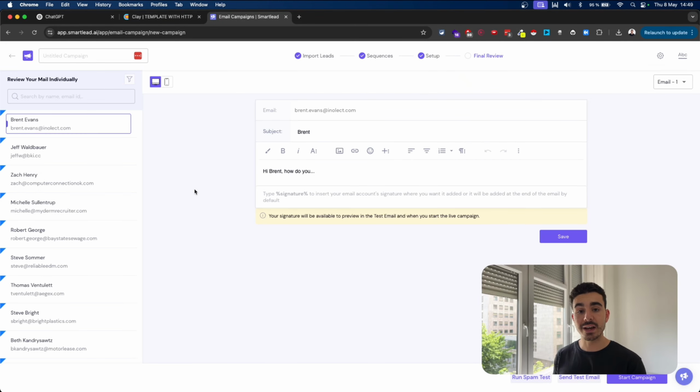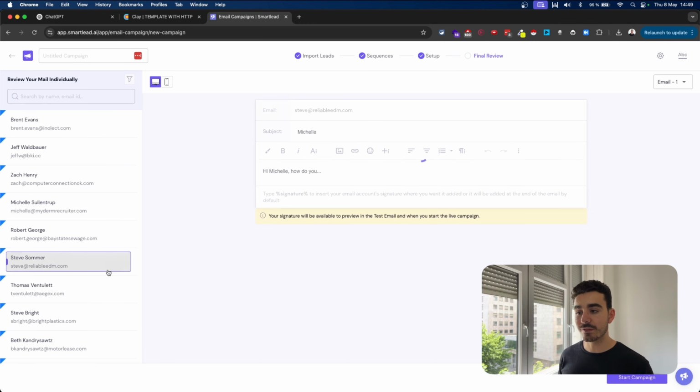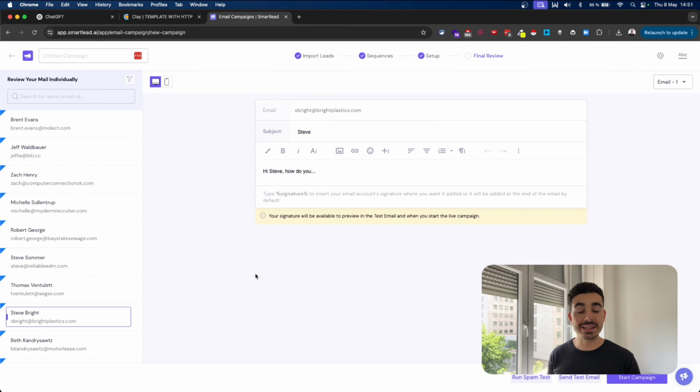So now we're at the final step. Here you just need to verify if your variables are properly set up. So for the first name, company name, if you have an AI line, you can verify a few of them and make sure everything is properly set up. And then you can click on Start the campaign and it will be launched. So with this exact system that I showed you in this video, you can contact 10,000 plus prospects a month